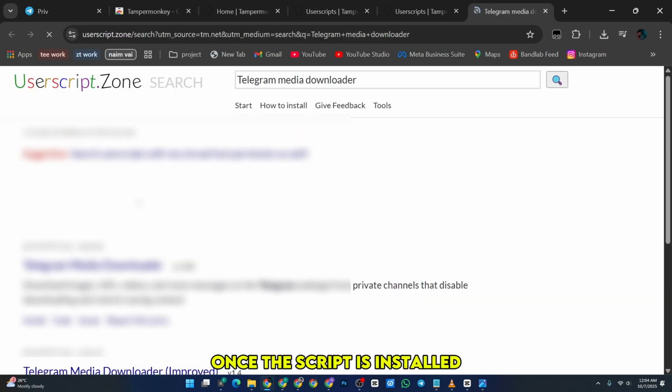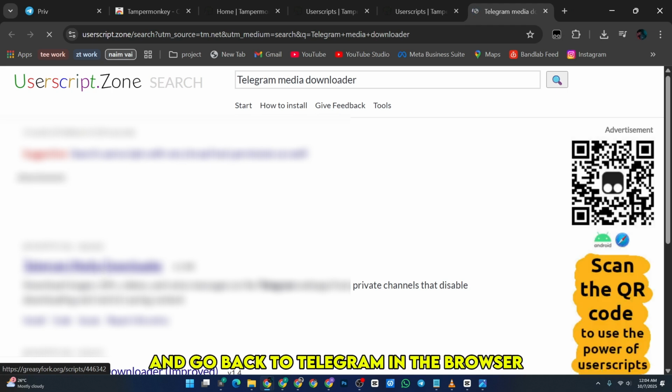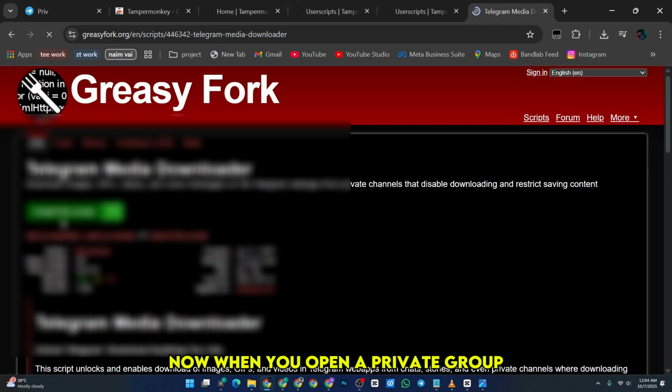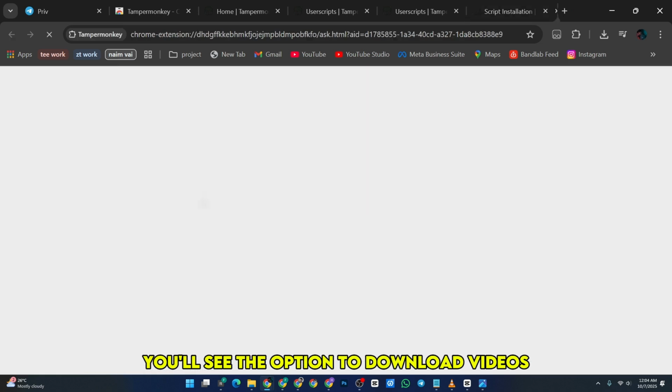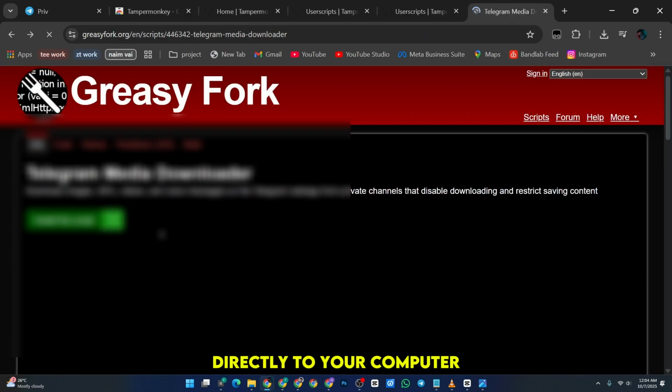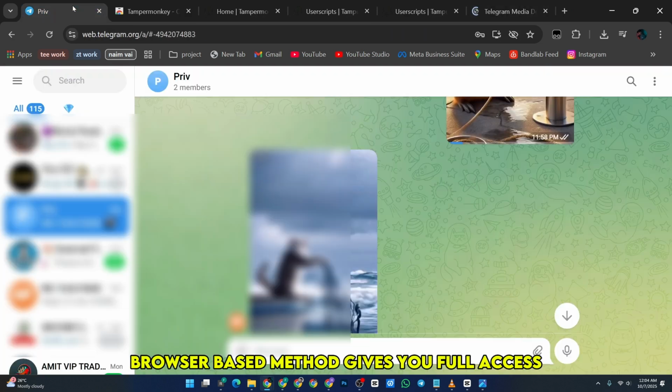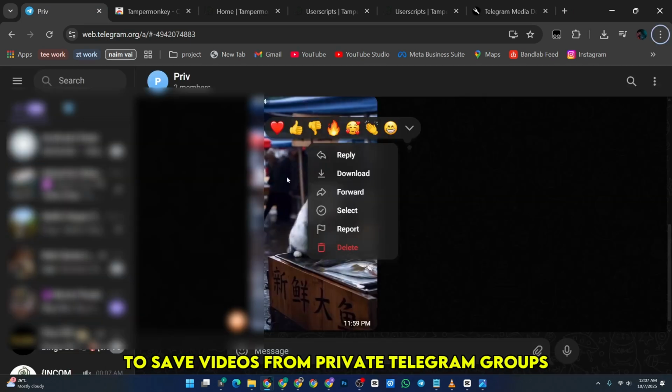Once the script is installed, restart your browser and go back to Telegram in the browser. Now, when you open a private group, you'll see the option to download videos directly to your computer. And that's it. This simple browser-based method gives you full access to save videos from private Telegram groups without relying